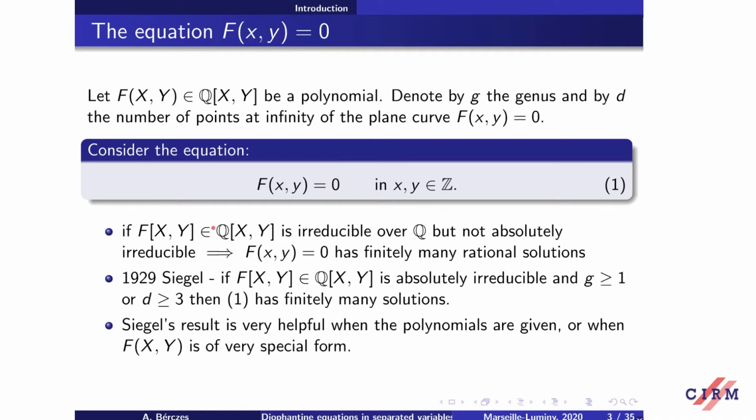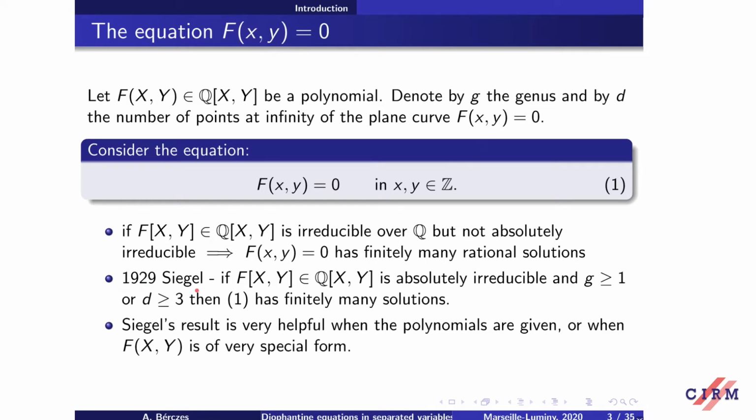And of course, we know that if f(x,y) is irreducible over Q, but it is not absolutely irreducible, so it's not irreducible, let's say, over C, then f(x,y) equals 0 has finitely many rational solutions. Denoting by G the genus and by D the number of points at infinity of the plane curve f(x,y) equals 0,